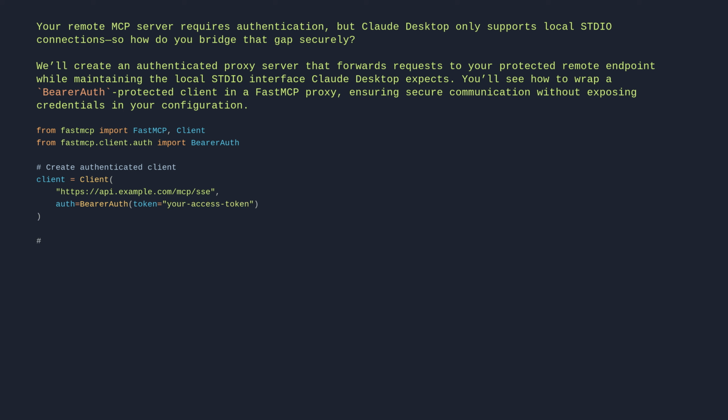# Create proxy using the authenticated client. proxy = FastMCP.as_proxy(client, name="authenticated proxy"). if __name__ == "__main__": proxy.run()